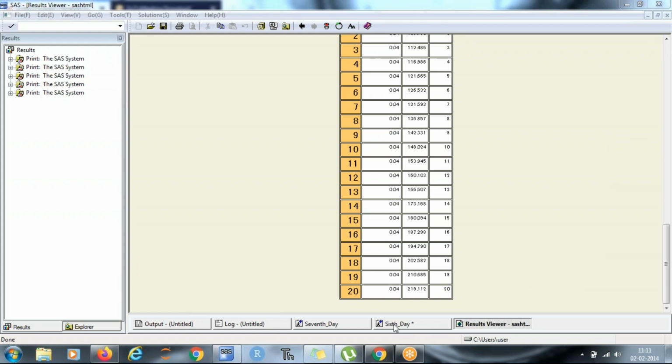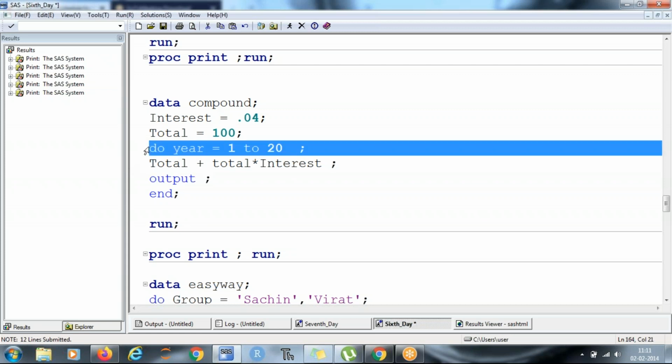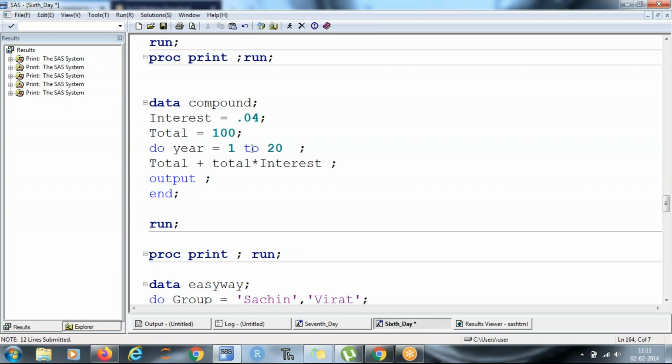Okay. As you all know, SAS runs line by line and observation by observation, right? So if we are not writing this output statement, what is going on behind the scenes is that for year equal to 1 to 20, the code will execute. When it comes to the top of this loop, the next number would be 21.